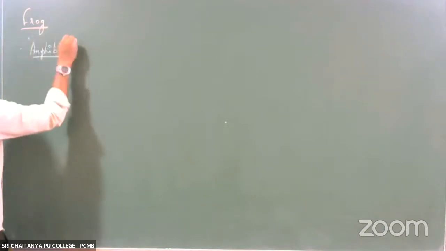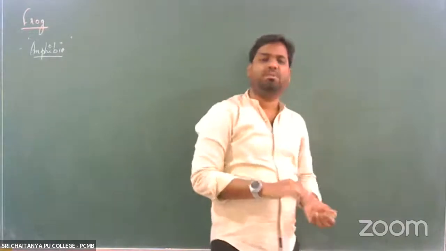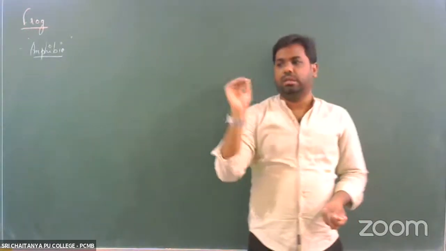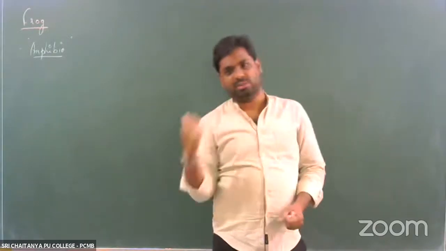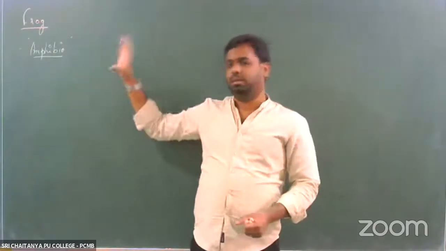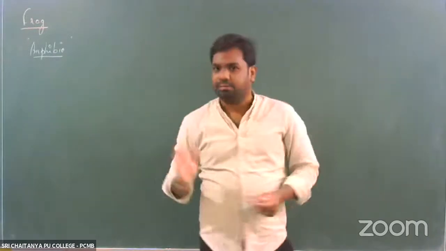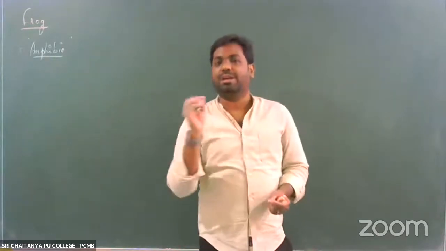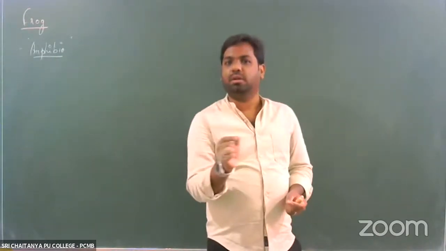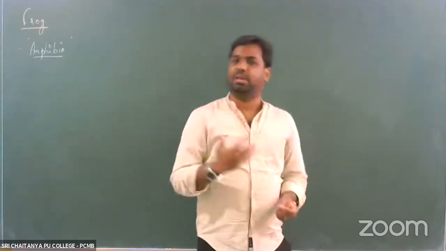So what does this term amphibia actually refer to? We know that whenever we talk about amphibia, the only thing that strikes our mind is that these are organisms which have the ability to live in both water as well as on land. But actually speaking, the definition of amphibia is slightly different. How do we actually define amphibia? Amphibians are defined as the group of organisms which are dependent on water for the process of development. Right, for completing their life cycle, we can put it this way.